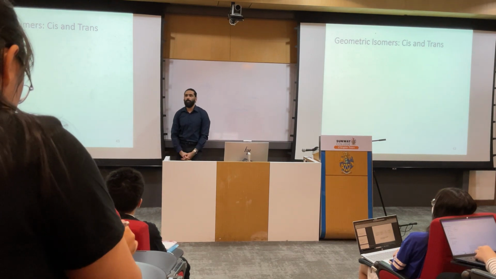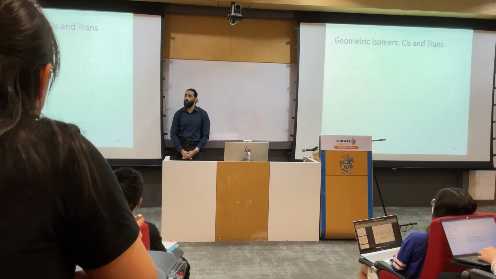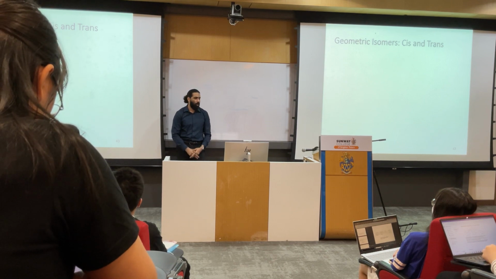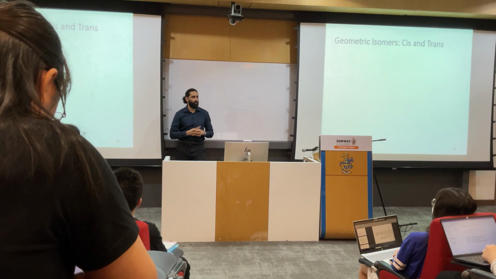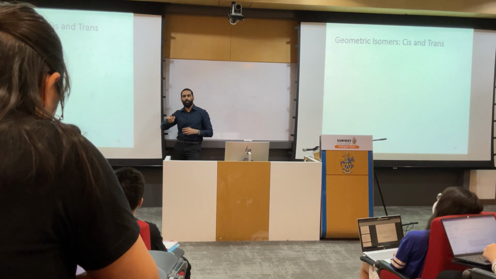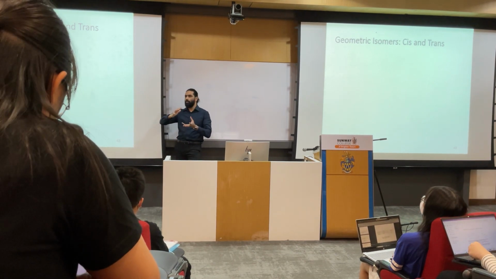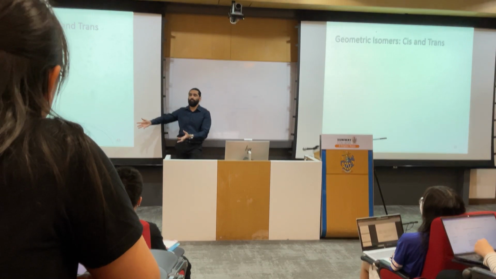Let's look at some examples of stereoisomers, and with that we will conclude today's chapter 1. So a very common example of stereoisomers is called geometric isomers or cis-trans isomers. So remember, by definition, stereoisomers are about the orientation of molecules in space, right?